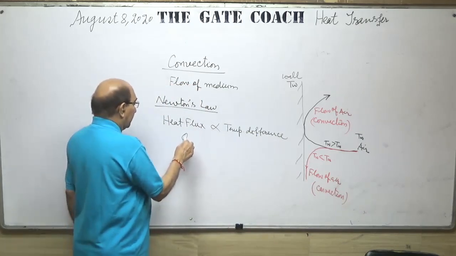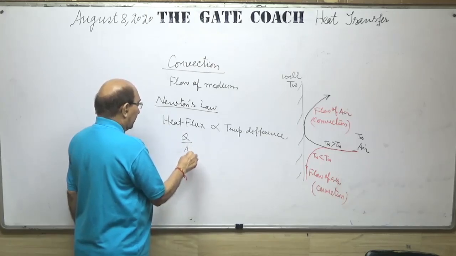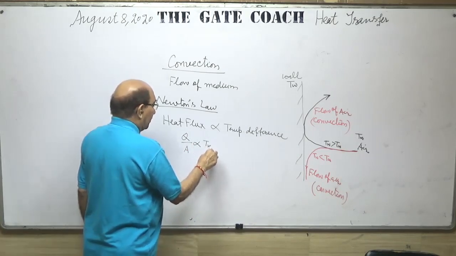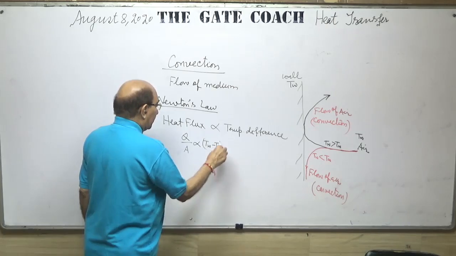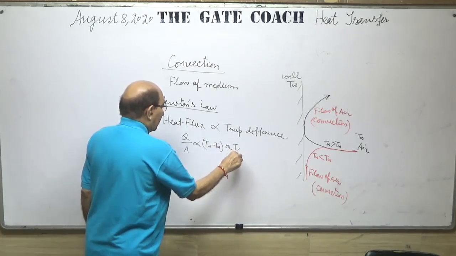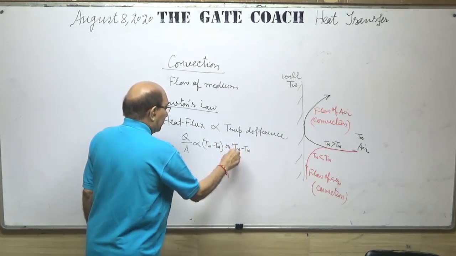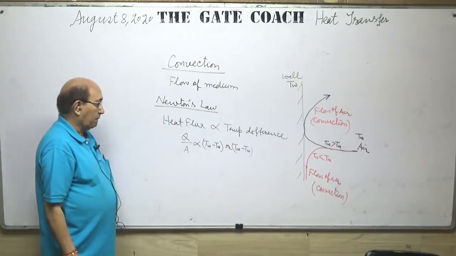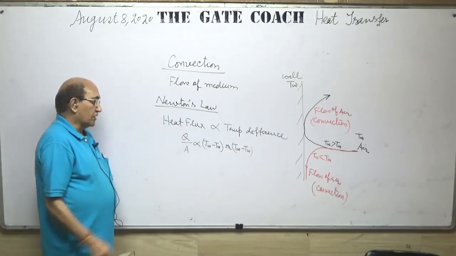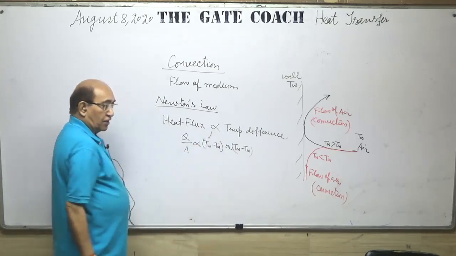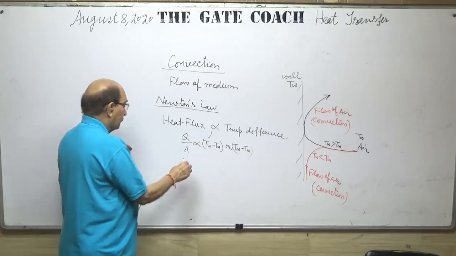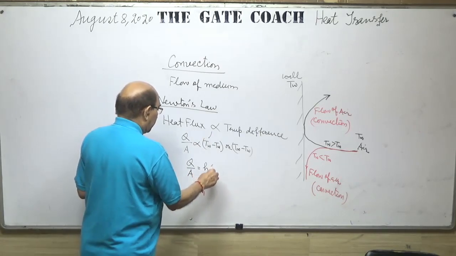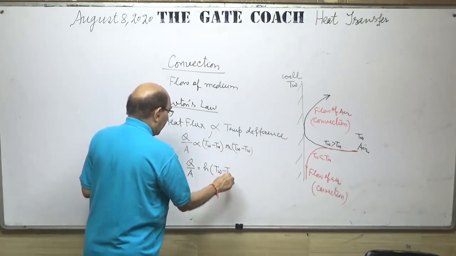Heat flux means heat transfer per unit area is proportional to temperature difference Tw minus T infinity, or T infinity minus Tw. Let us imagine Tw was at a higher temperature. So Q upon A is equal to H into Tw minus T infinity,